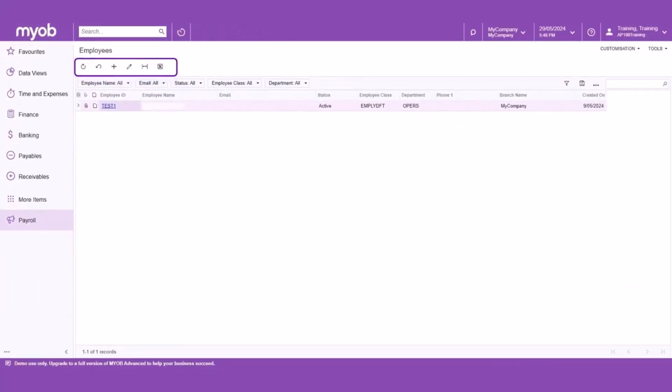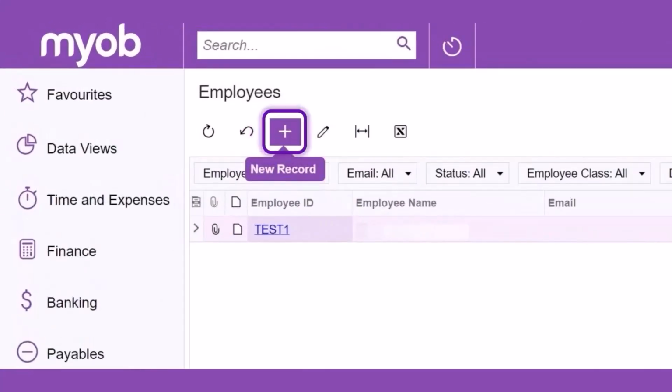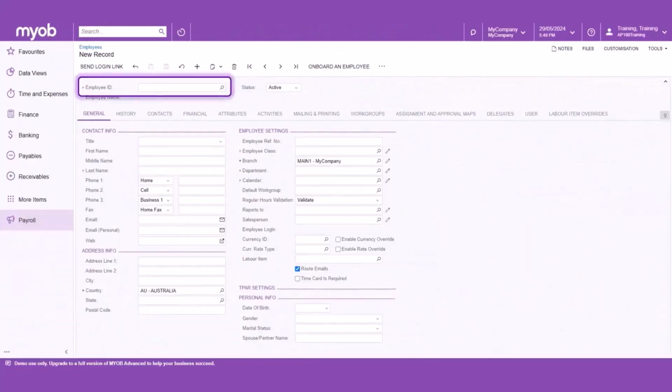Most forms use a common set of standard controls in the toolbar at the top. They consist of Save, Undo, Add, and more. Form-specific controls are located after the standard controls. Let's look at some navigation shortcuts. Click on the plus icon to create a new record. If new is displayed in the ID field, you're not required to type in an ID.